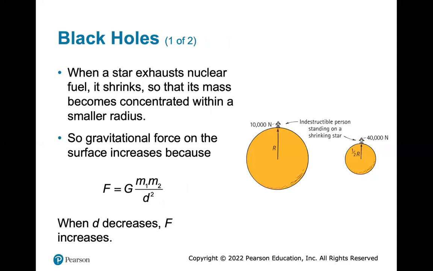Okay, black holes. When a star exhausts nuclear fuel, it shrinks so that its mass becomes concentrated within a smaller radius. So here they show an indestructible person standing on a shrinking star. Because if you weren't indestructible,